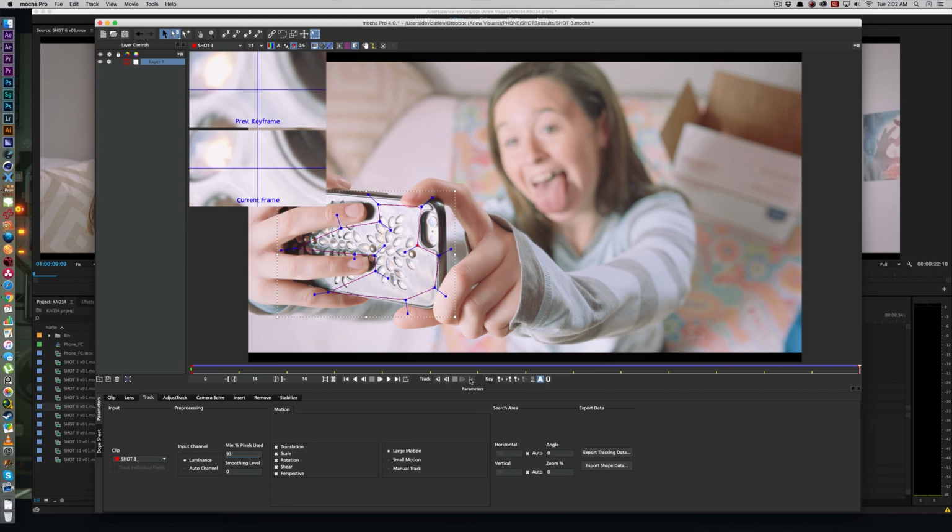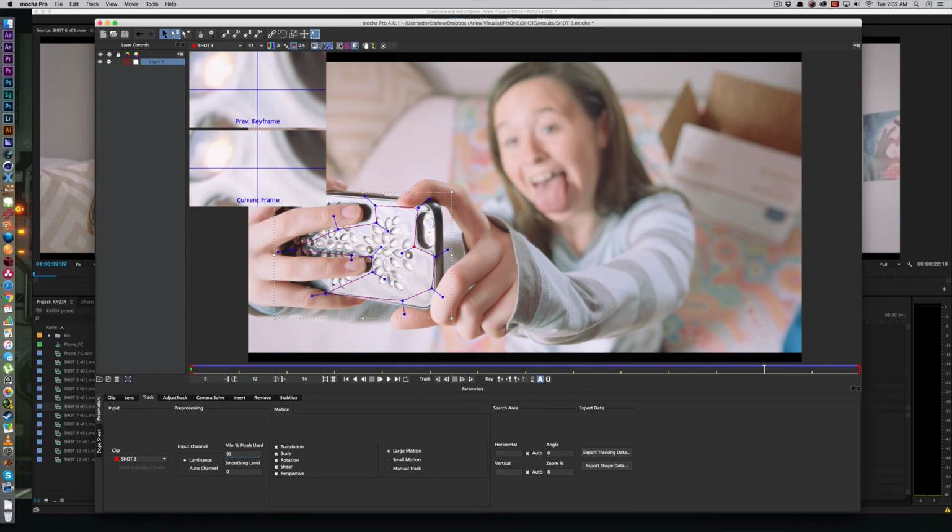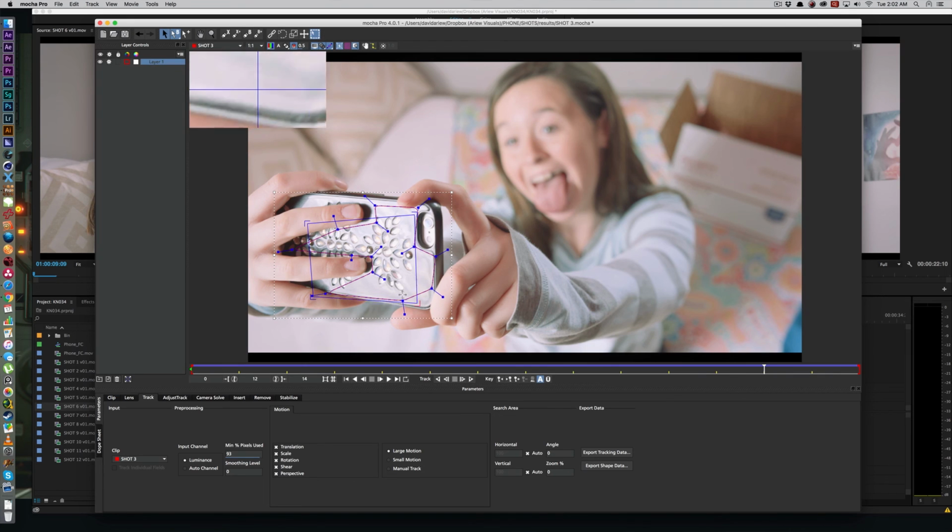Cool. So this is obviously a very easy shot for Mocha. Everything is totally perfectly locked. And you can see that even better with the surface. You might be keyframing this shape around, but the surface is actually what will show you the extent of your tracking data. And also, this is what we're going to want to use. So we actually have to grow this surface if we want to use Mocha Import Plus properly, because this is the area that we will be able to manipulate in After Effects once we get that all set up. So I'm just going to encompass the entire phone here,